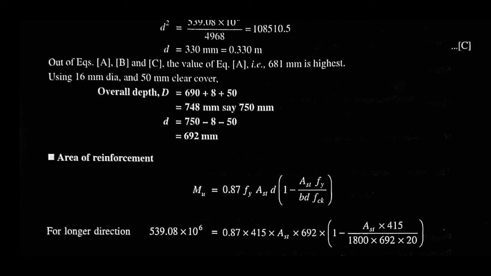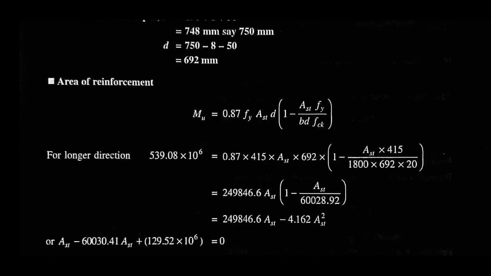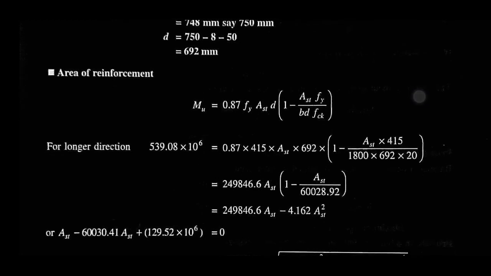Now area of reinforcement we have to calculate. This formula is given in Annex G of IS 456 2000. Mu is equal to 0.87 fy Ast d within bracket 1 minus Ast fy by b d fck. For longer direction, 539.08 into 10 to the power 6 is equal to 0.87 into 415 into Ast into 692 into within bracket 1 minus Ast into 415 by 1800 into 692 into 20. So this is equal to